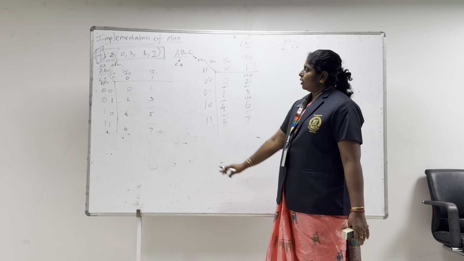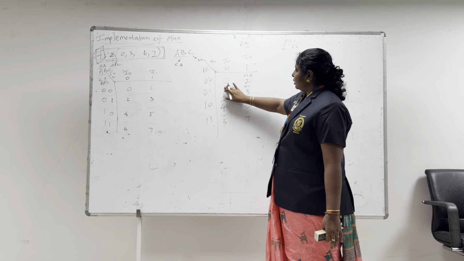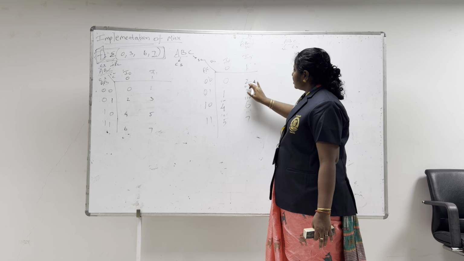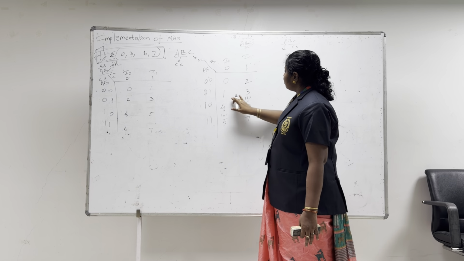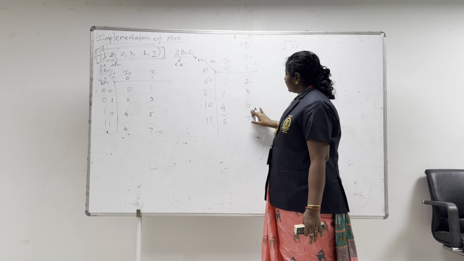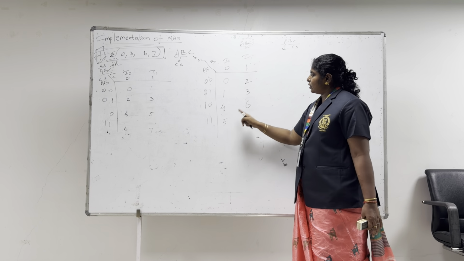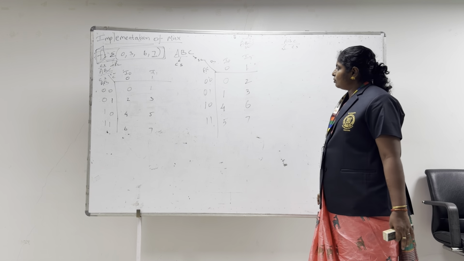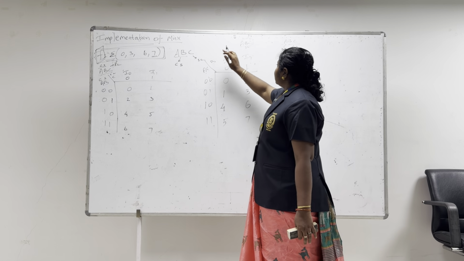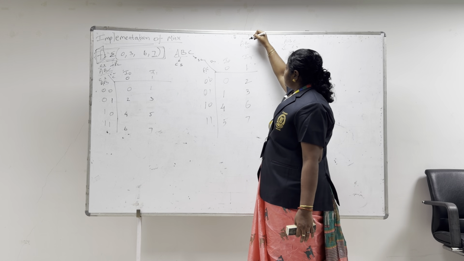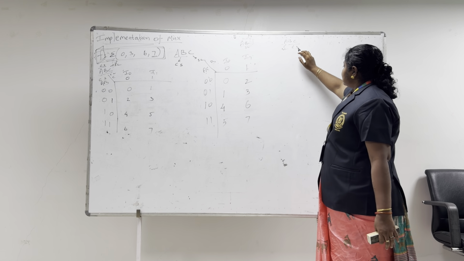Okay, see, the order is getting varied, the implementation is getting varied. Can you check it out? So this is the way of filling up this table. Okay, so after filling up, you can randomly check 0 1 2 3 4 5 6 7. This strategy it will be following. Okay, so this is for A C as the control signal and B as the select line. And a similar case here,